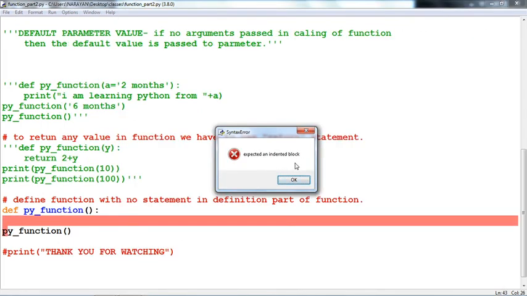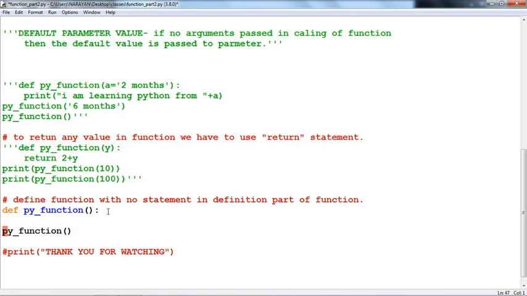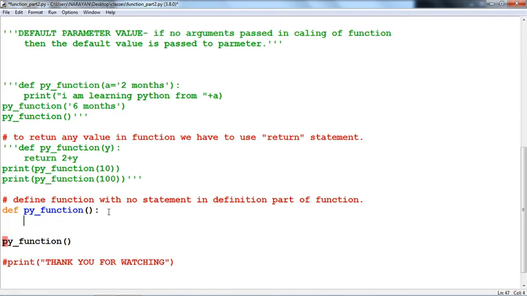Expected an indented block. This is the error, because we cannot have an empty definition.